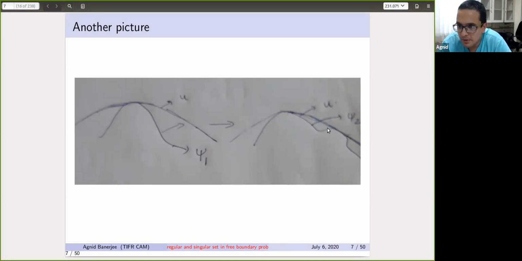So now, a priori, you have a new obstacle problem because the obstacle has changed. But then, as I said, the solution has this characterization that it is the least superharmonic function which is above that obstacle. So that doesn't change. You have a different obstacle, but the same solution, so to speak. And now what I have done is that I have introduced a new interface, which is the boundary of this arbitrary closed set. And that can be very wild, right? And so therefore, in general, you cannot expect any regularity of the interface.